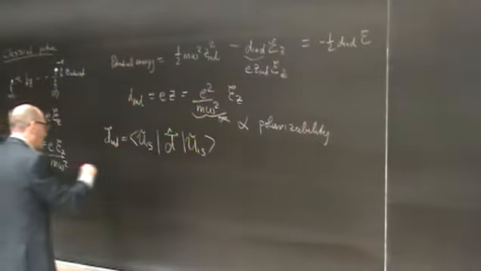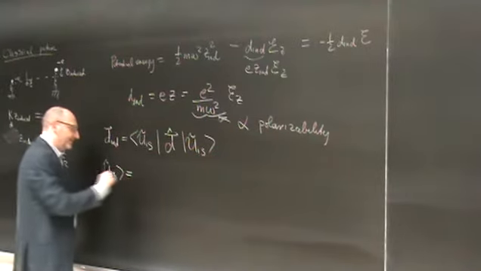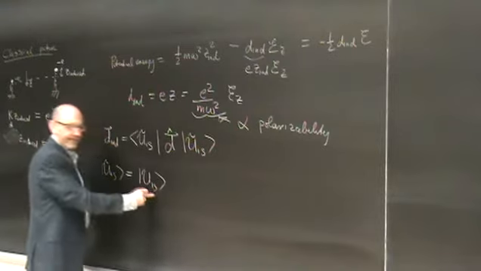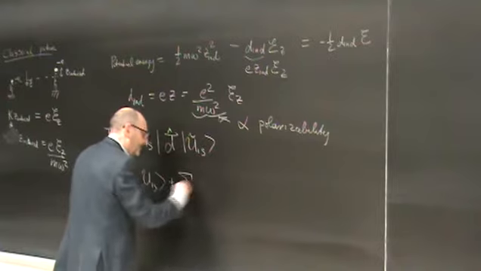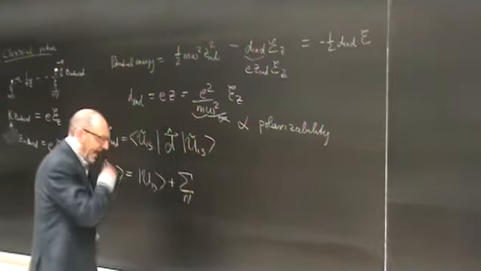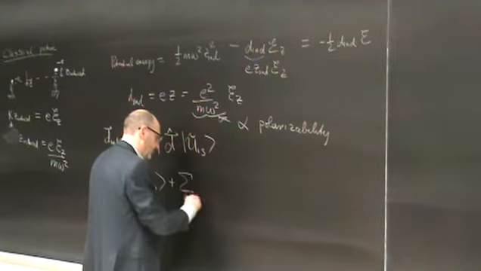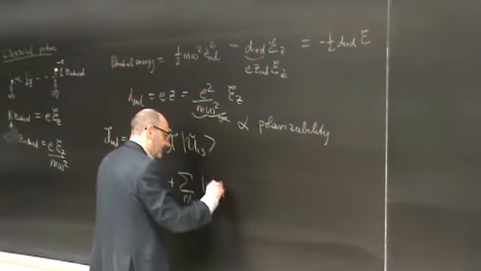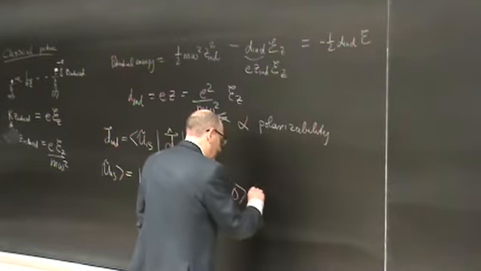So the perturbed state to first order is equal to the zeroth order state plus the sum over all n prime, the excited states, not equal to 1,